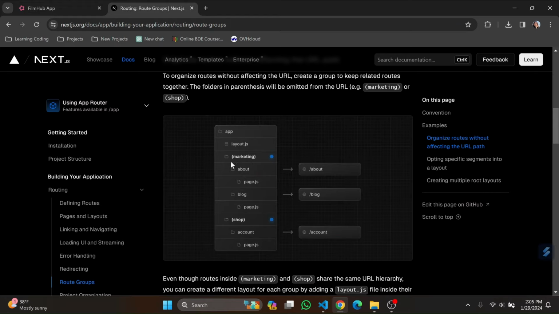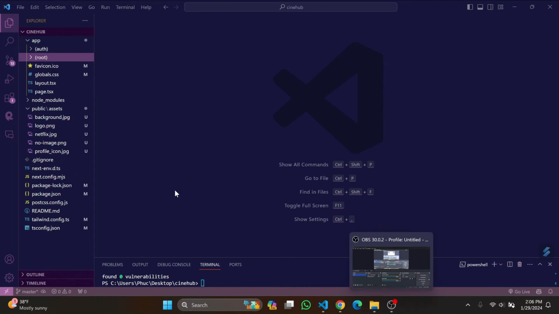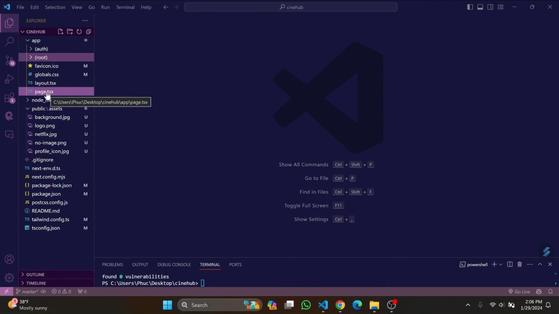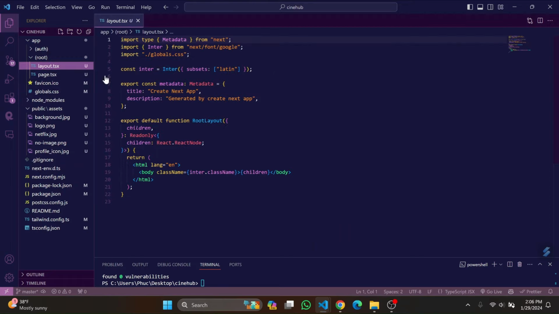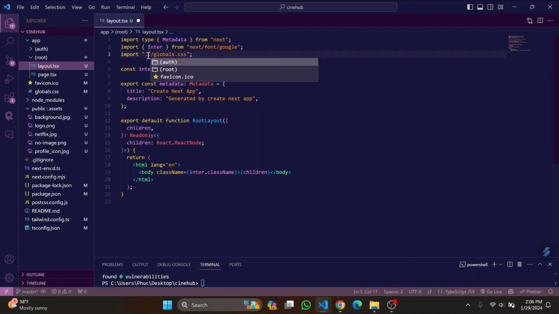So like us, we will have the auth for the login and register pages. And the root is for the home page, the search page, and the favorite list page. Now I will move the page.tsx inside the root, as well as the layout inside the root folder. So if you go to the layout.tsx, you need to change the directory. Right here it is not only one dot anymore, it will be two dots because the global.css file is now outside